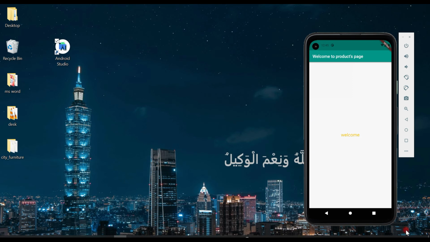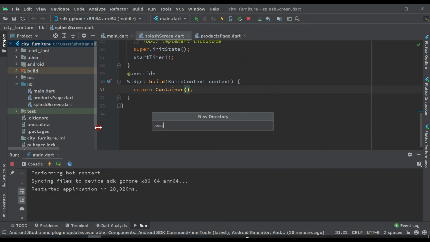Copy this image, come back to Android Studio, and inside this main folder, right click, new directory, and write the name assets, and enter. Now you can see we have the assets folder here. Right click on it, new, and again directory, write images and enter.